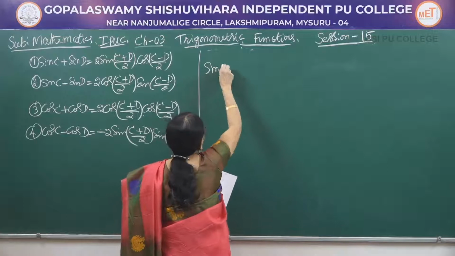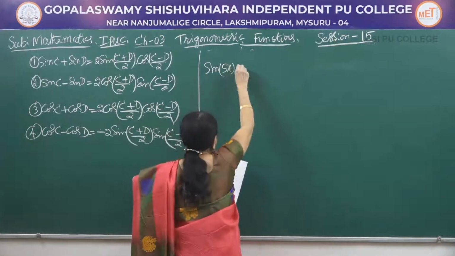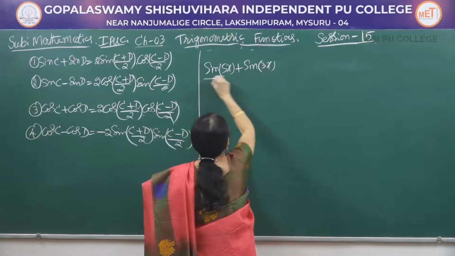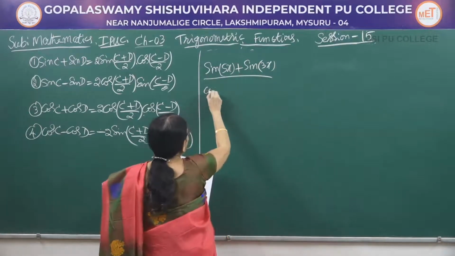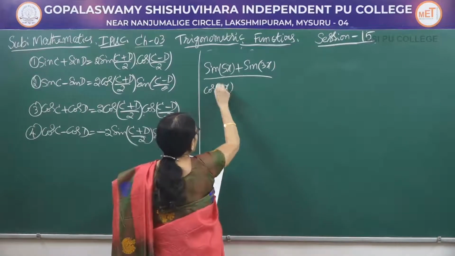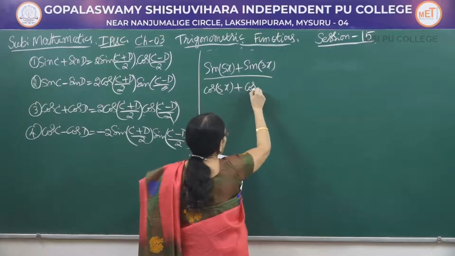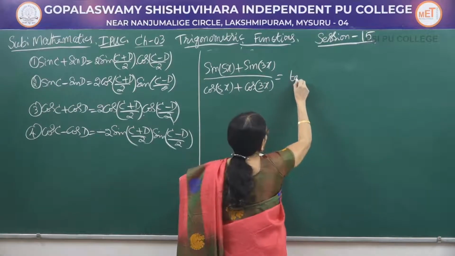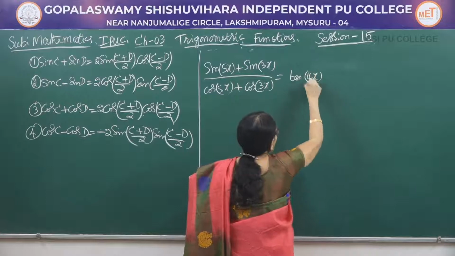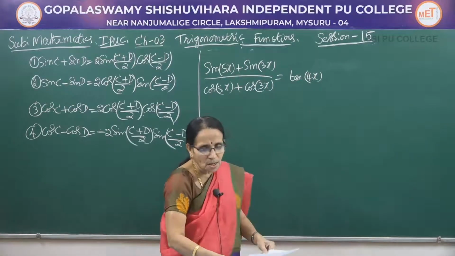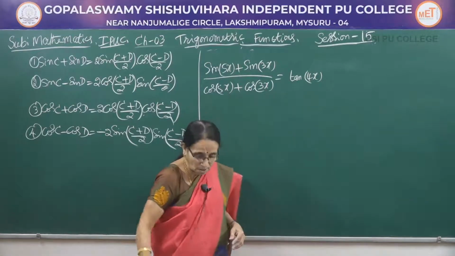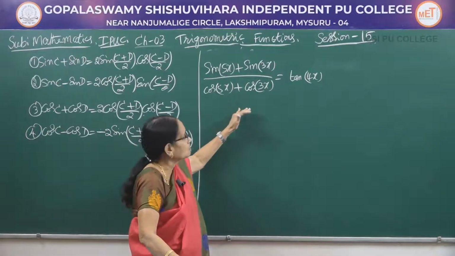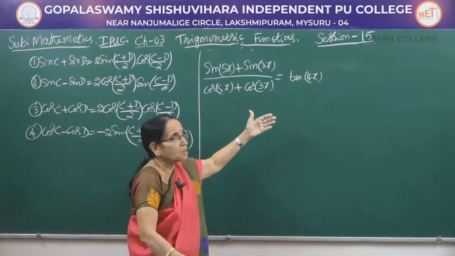You have to prove sin 5x plus sin 3x divided by cos of 5x plus cos of 3x. You have to show that this is equal to tan of 4x. Now again, you can exploit this for a 2-mark question only, because for applying the transformation formula you get 1 mark, and to get the right hand side you get the remaining mark.